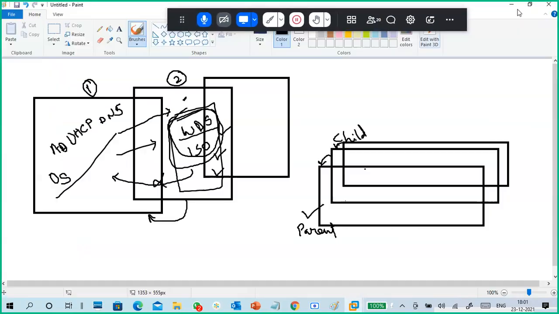But technically, one more term is there: checkpoint. Usually in Hyper-V, we use checkpoint.